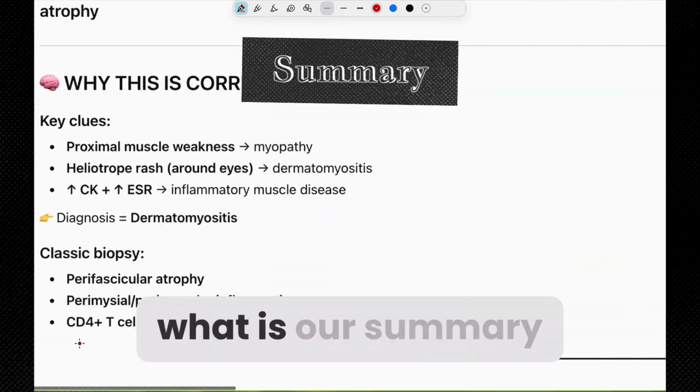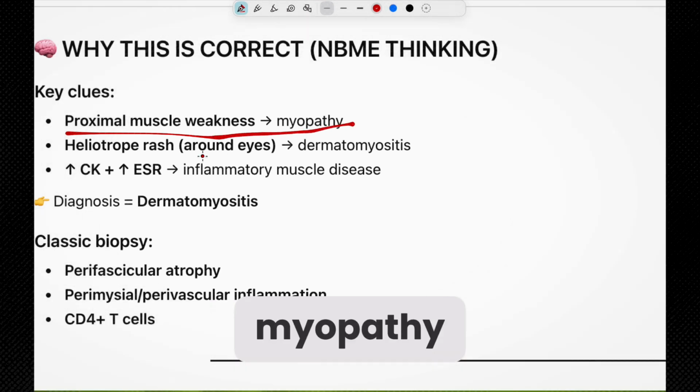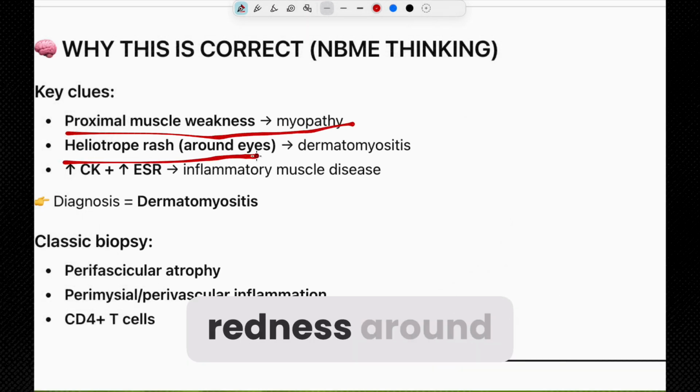So, what is our summary? We have proximal muscle weakness, which will cause myopathy. If you have heliotrope redness around the rash,